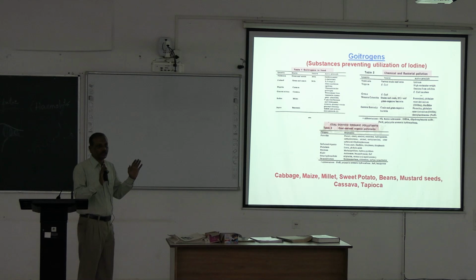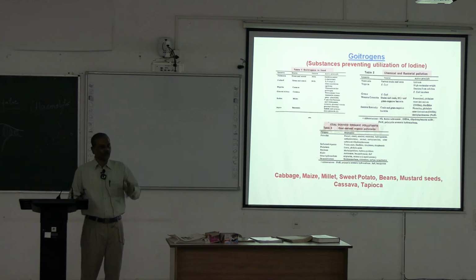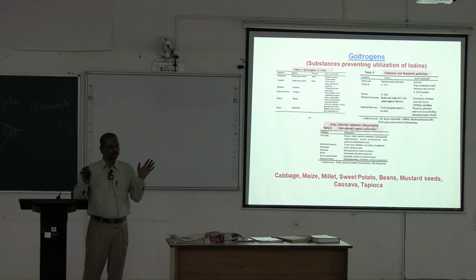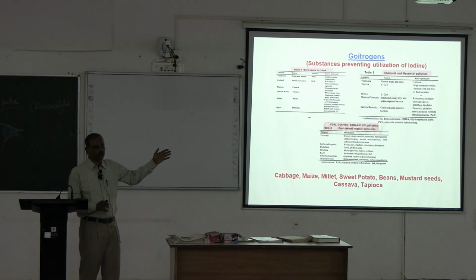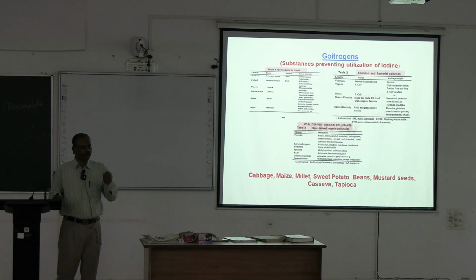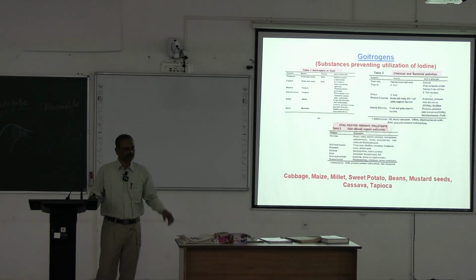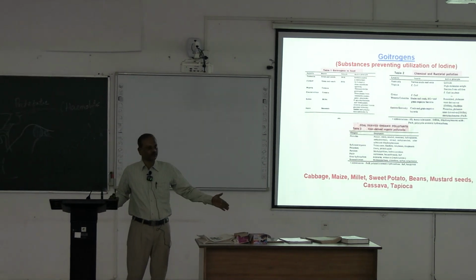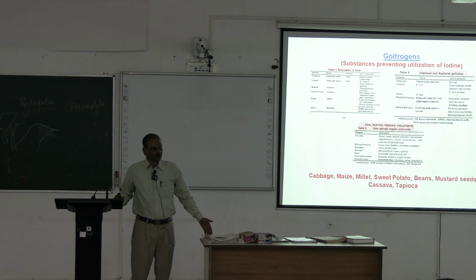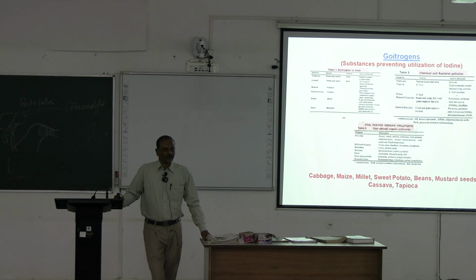So even if you take iodine adequately, there is a problem. The iodine cannot be utilized by the body. Since I was in Durgapur for a long time, I knew that the industrial effluent water is simply discharged into the Damodar river, and that is the source of drinking water for all the steel plants and industrial belt downstream of the Damodar river, and that used to be contaminated, and chemicals